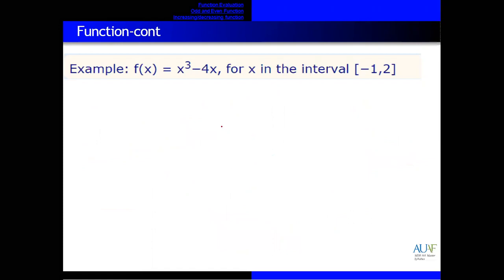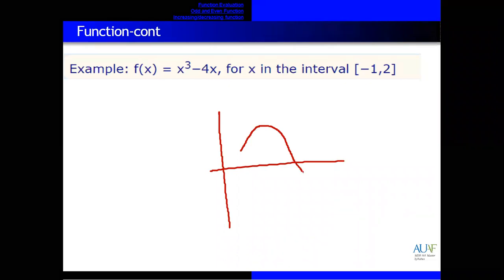if we have a graph like this one, you can see here this function. This is the graph. Here you can see it's increasing, here it's decreasing. What about these two values? Is the function increasing or decreasing? You can see here the function is decreasing. Same here, the function is decreasing. So in this case, this is called the point of inflection.